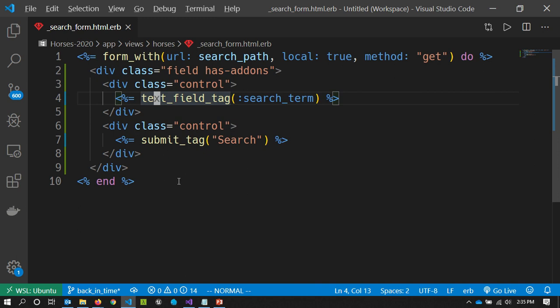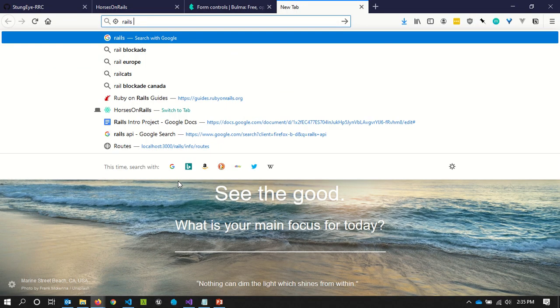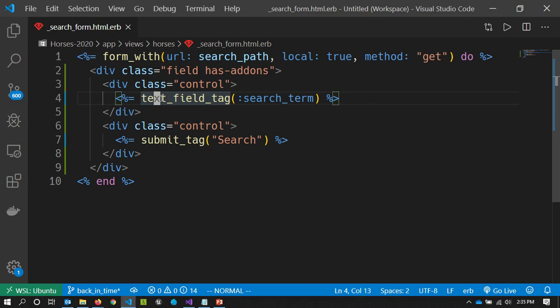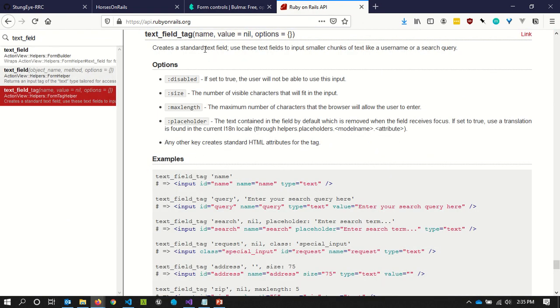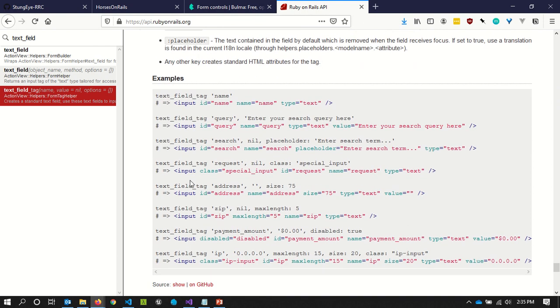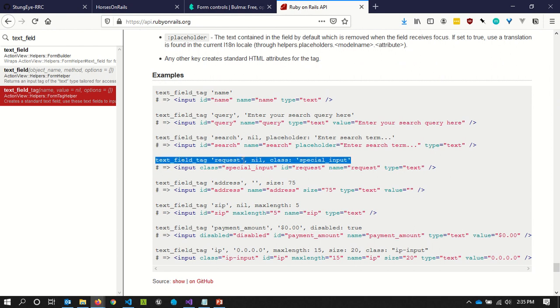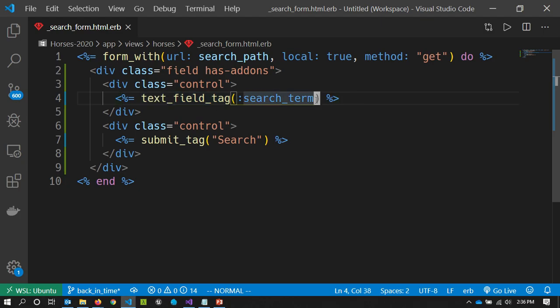And so I'm going to go to the Rails docs for those things. I'm going to go to the Rails API, and I'm going to look up text field tag to begin with. Name, value, options. Okay, and if we look deeper here, we can see some examples of when we're using text field tag, we want to have it create a class, or if we want to have it create a placeholder, we don't have a value that we want to assign to this thing initially, we can leave the value as nil. And so I can go to mine, here's the name, I can give the value of nil, and then